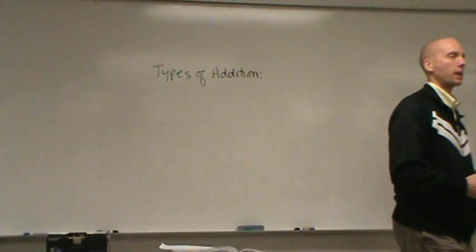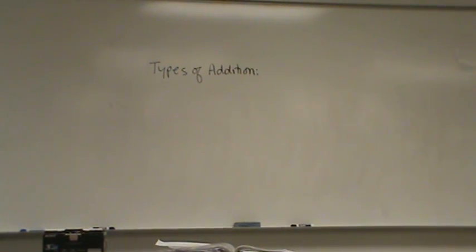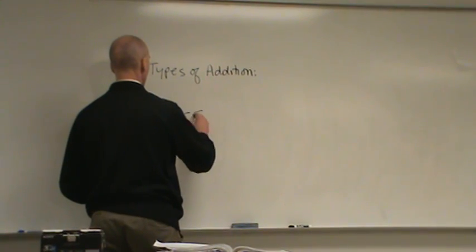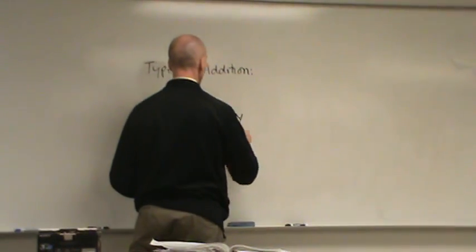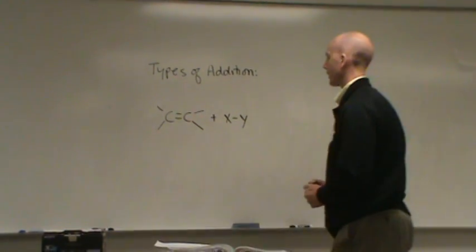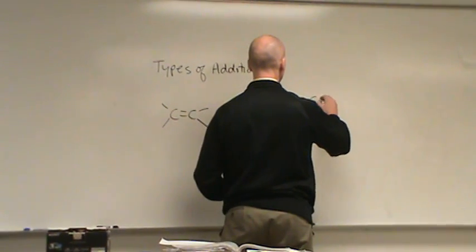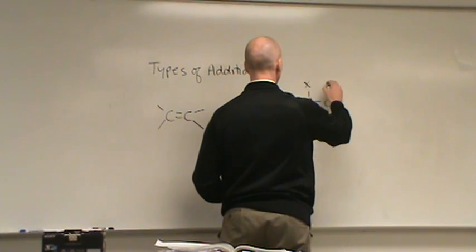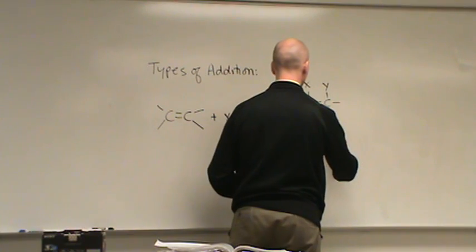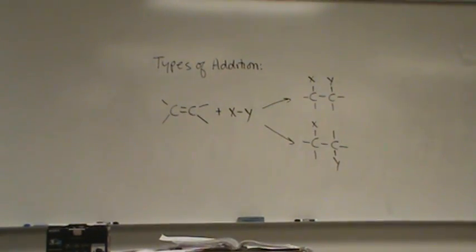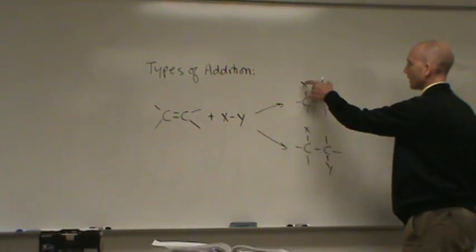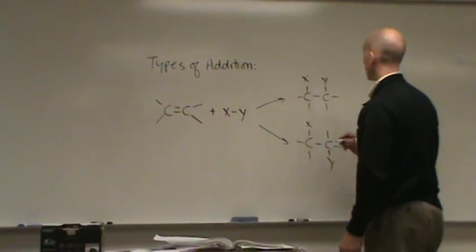Remember, we've been looking at addition reactions to double bonds, and want to consider two different types of addition reactions. Okay, so if you had a double bond and we're reacting with some XY, there's two ways that XY can add across that double bond. See the differences there? One way is to have them add on the same side where the double bond was. And so we call that